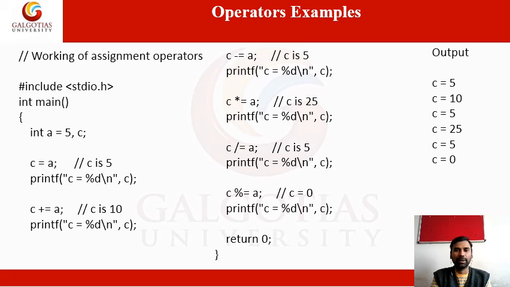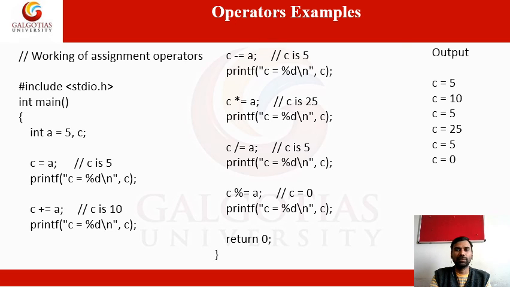Next are the assignment operator symbols. What is the use of c equal to a? That's a simple assignment operator. First a equal to 5. So look at this, a value, what is the a? 5. So first c is unassigned, and again we assign c, the value changed. c value is changed to 5. Okay, c is 5.